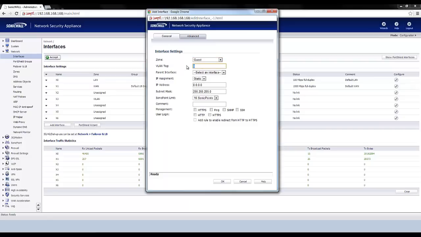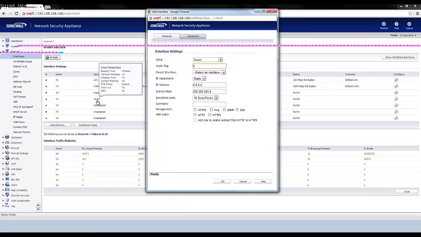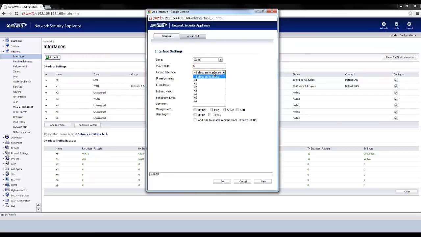We'll give it a VLAN tag ID. In this case, I'm going to choose VLAN 5. Parent interface is X3 because that is what our WLAN resides off of. IP assignment will leave as static, and IP address for this subnet is going to be 192.168.5.1. And I chose that on purpose so that if I am going to be using a layer 2 switch